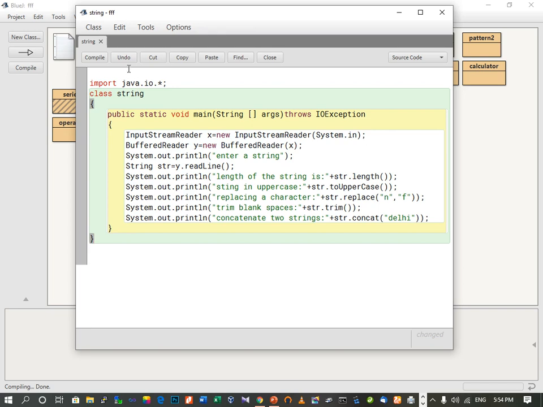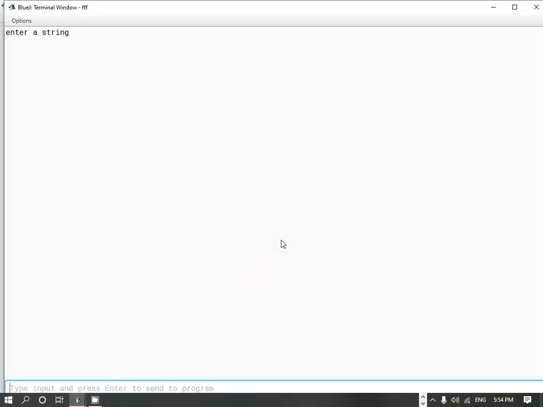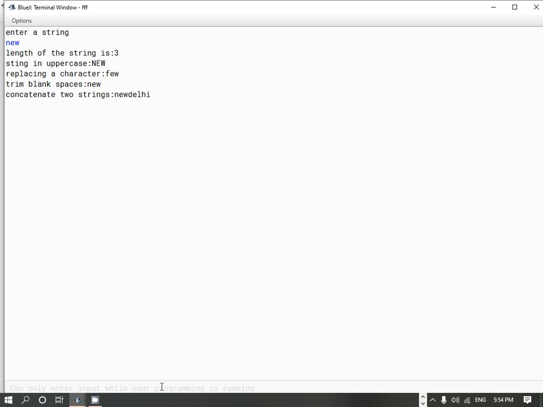Let's compile it. So here we got no syntax error. We'll close this and we'll execute this program. We'll go to void main. Now the user is asked to enter a string. So suppose the string is new. Let's enter. Here you can see the length of the string new is 3.